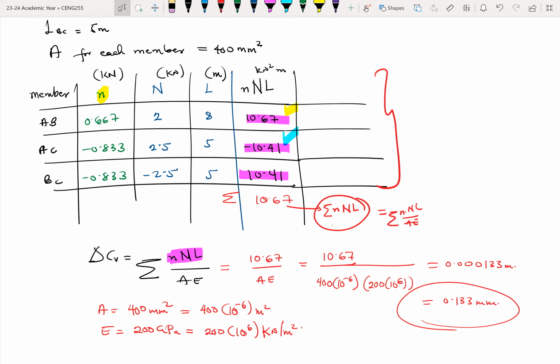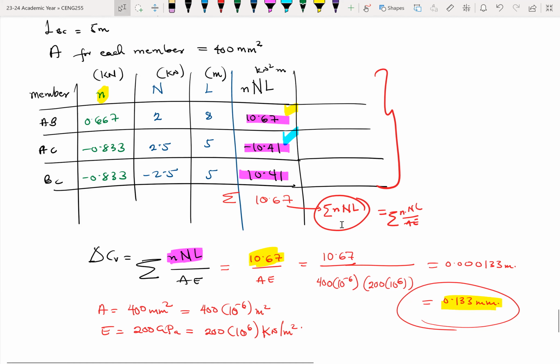All right. So again, I would encourage you guys to brush up on your units conversions, and then that's about it. All right. So the 10.67 in this space here, it's in units of kilonewtons and meters. So it means that your area and your Young's modulus should also be converted into kilonewtons and meters. All right. And then once you do that, you end up with a value of